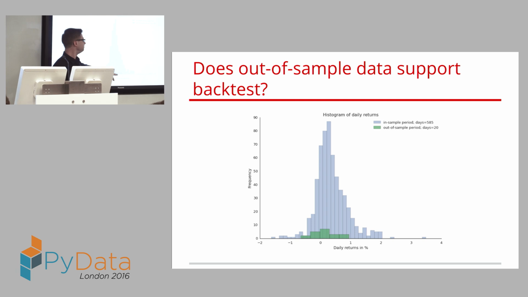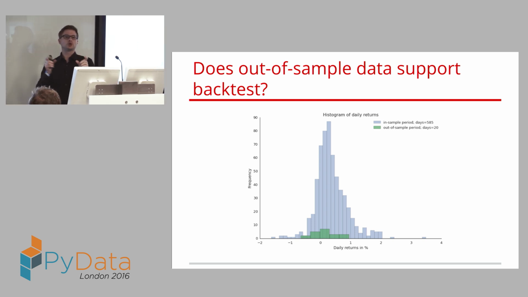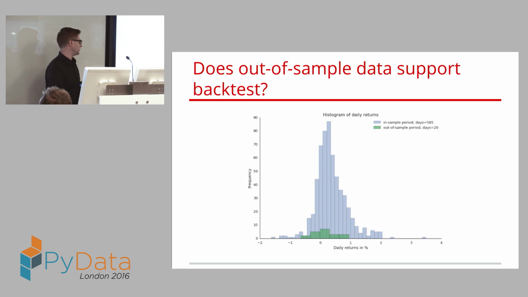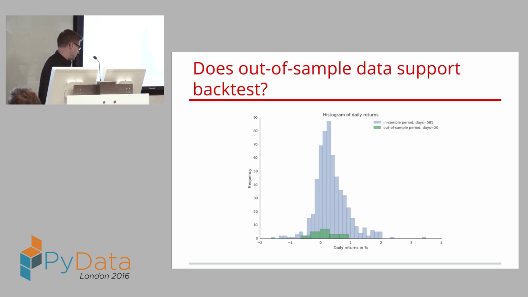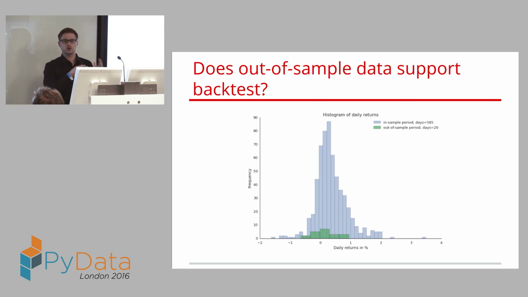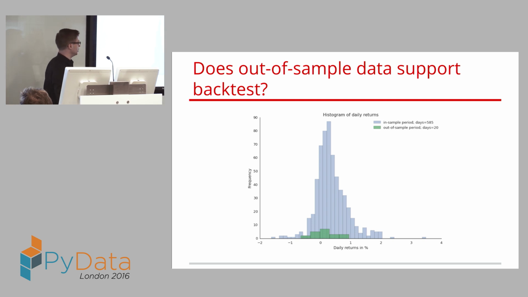And then you have the out-of-sample period of just 20 days. And now the question becomes, do those two sample sets come from the same distribution? And now, as a data scientist, there are multiple approaches you might take. So I thought it might be interesting to try and compare these and put probabilistic programming into the global landscape of what is out there in terms of data science tools you can use.